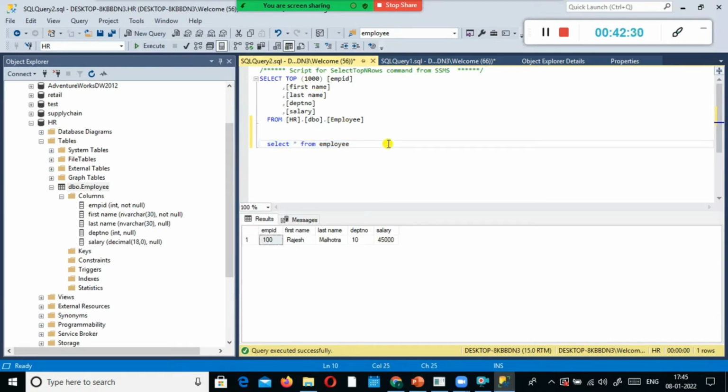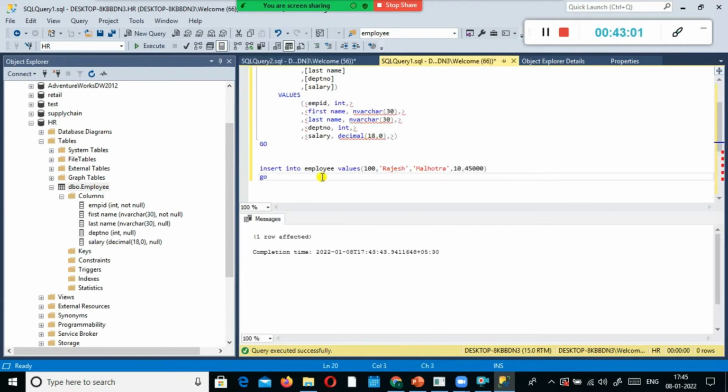It is that much developer friendly and user friendly. Anybody with basic programming knowledge can also learn the SQL query using the studio. Look here, now select star from employee. I can see that whatever value I stored, I can see it here. Got it? This is how you can insert it.